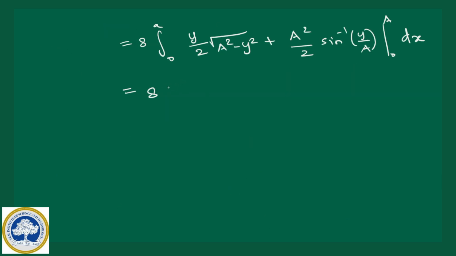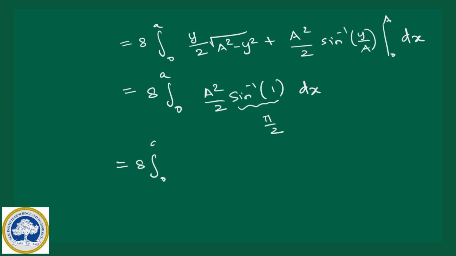Now substituting the limit, here we will be having a square by 2 into sine inverse of 1, and the remaining terms are 0, into dx. But what is sine inverse of 1? This is pi by 2. So again, what is a square here? A square minus x square, right, by 2 into pi by 2 dx,